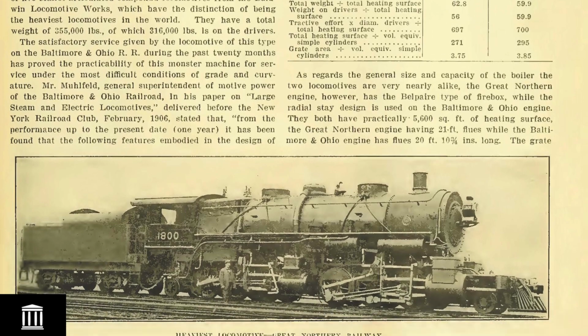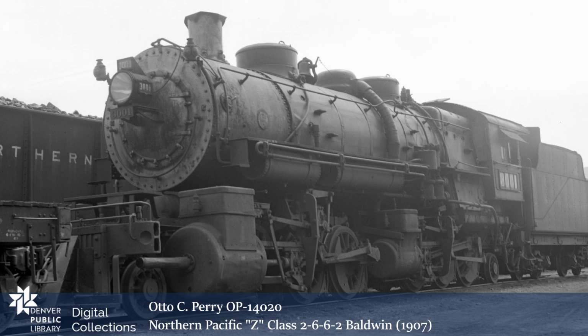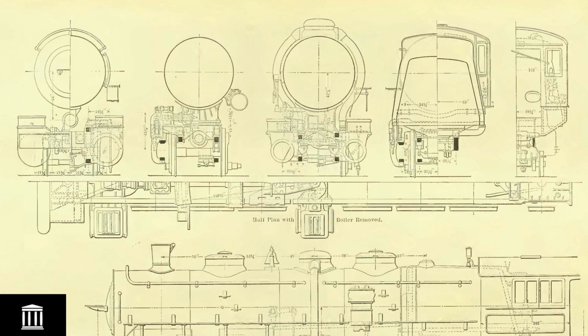concept. And when those roads did, they ordered Baldwin 2-6-6-2 locomotives of very similar designs. Save for being the heaviest locomotives of the day, those Baldwin 2-6-6-2s were quite straightforward. Compared to more modern types, they lacked combustion chambers because Baldwin and their client roads felt that the cost of building and maintaining such wasn't worth the effort, and they lacked superheaters because that technology was still fairly nascent and